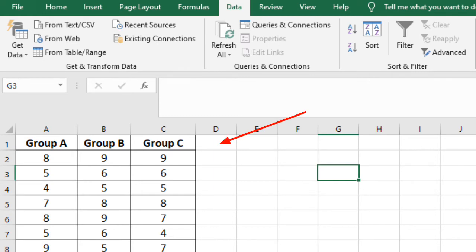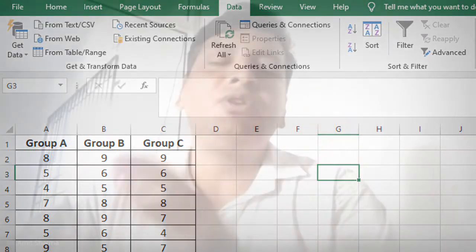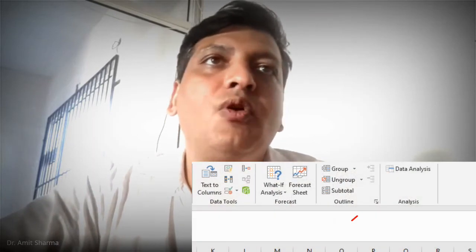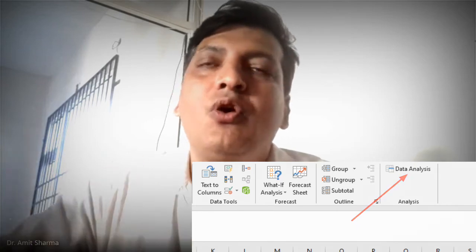Here in this column, you will write gender on the top, and here you are going to write whether the particular patient was male or female, male or female, like this. That means you are adding one more cofactor for two-way ANOVA. But here we are discussing one-way ANOVA, so we will not discuss that. Once you have copied the sheet, and you have the data in two different sheets, you are eligible to apply the test. How to do it? Go to Data Analysis, click on Data Analysis, and it will show you all the major tests.